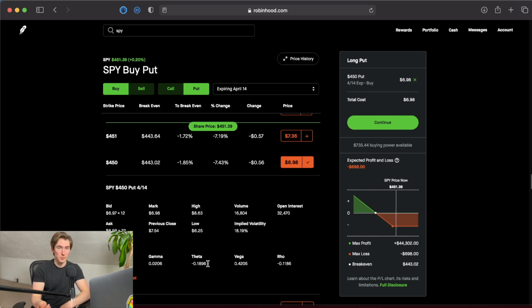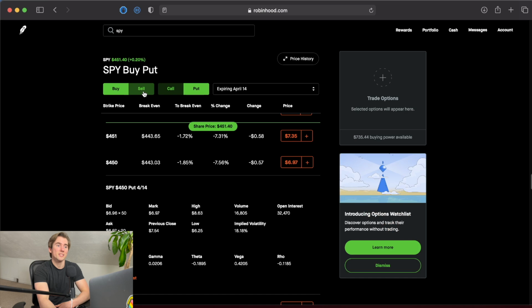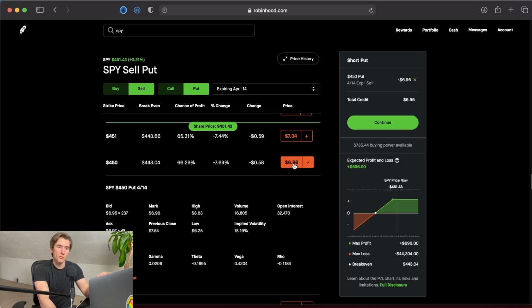But you can also sell an option in order to open it. So instead of buying this put option, I could also sell this put option to open it, and I would be agreeing to buy 100 shares of SPY at $450. So this means that I'm going to need $45,000 of cash in order to open this trade to buy those 100 shares if SPY is below $450 on my expiration date. So I'm hoping that SPY will be above $450 so I don't have to buy the 100 shares. But if it is below $450, then I would have to buy those 100 shares, but I'm still keeping that